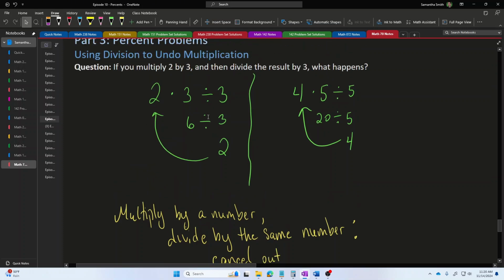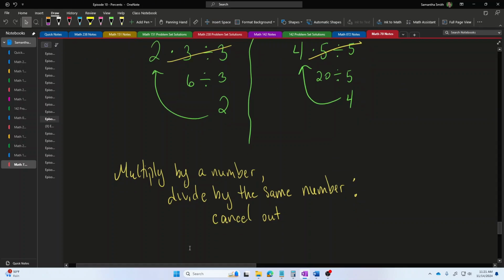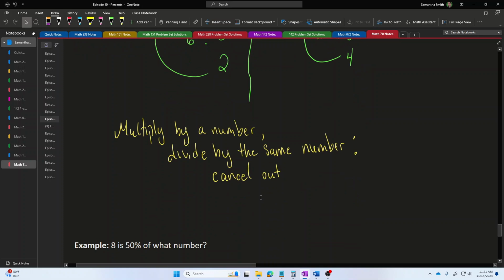If I take 2 and multiply it by 3 and then divide it by 3, those two actions of multiplying and dividing by the same number cancel each other out, and essentially what I'm left with is the same 2 that I had at the start. Likewise, if I have a 4 and it's multiplied by 5 and divided by 5, this multiplied 5 and this divided 5 cancel each other out, and so I'm left with just the same 4 that I started with. So multiplication has the power to cancel division, and division has the power to cancel multiplication. Those two actions are opposites, and they destroy each other.